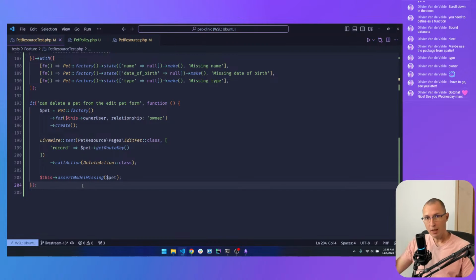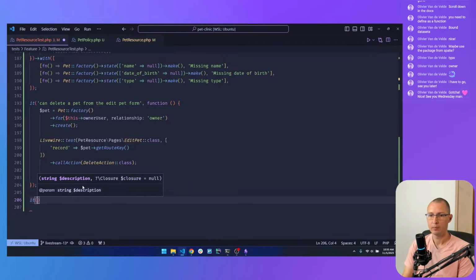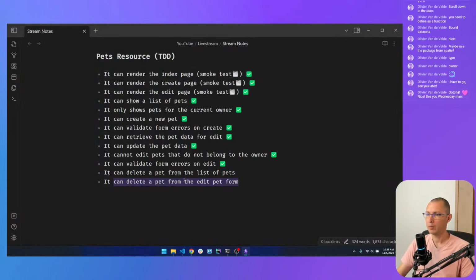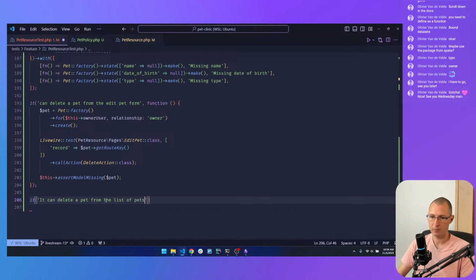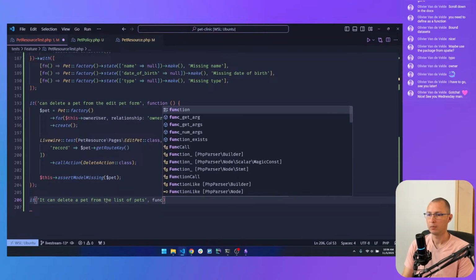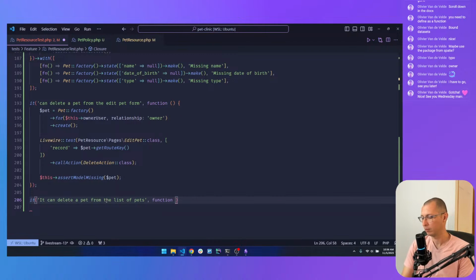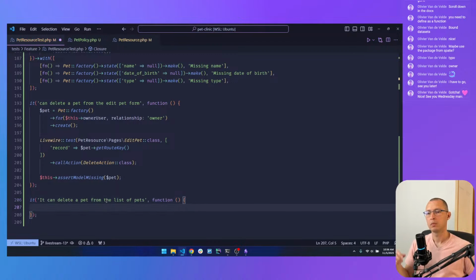Now let's do the table. Let me grab the description from here. It can delete pets from the list of pets. We should make sure of two things.